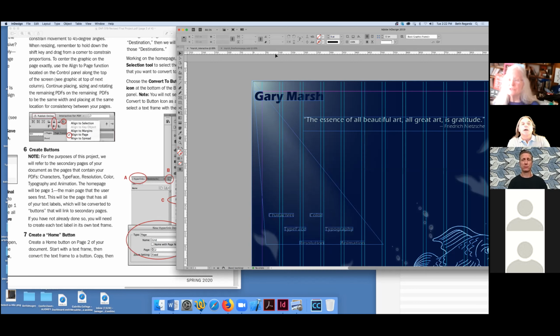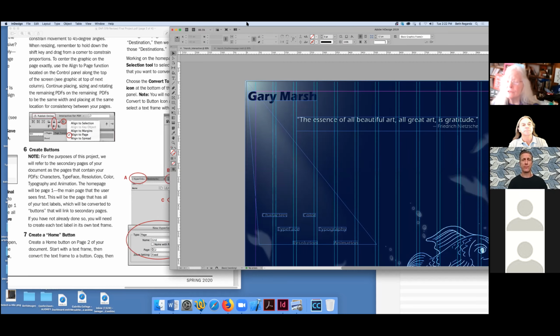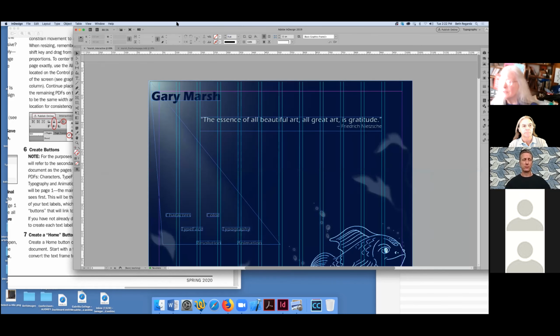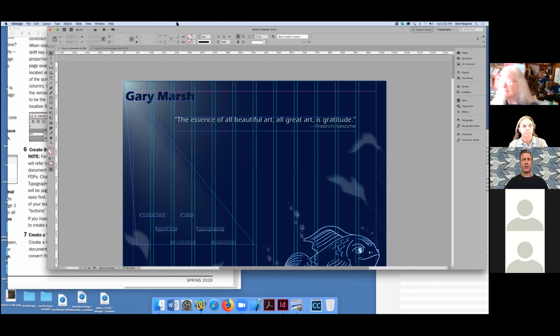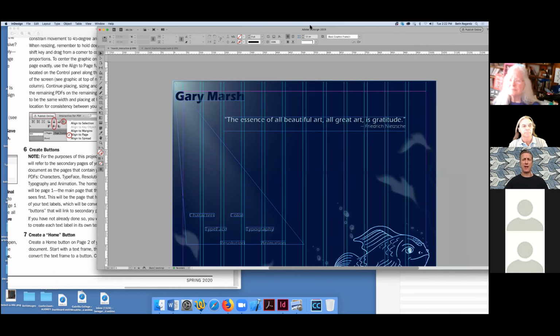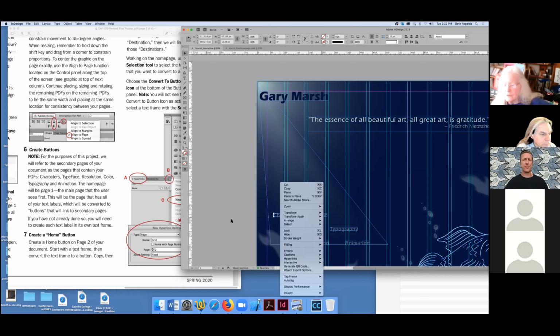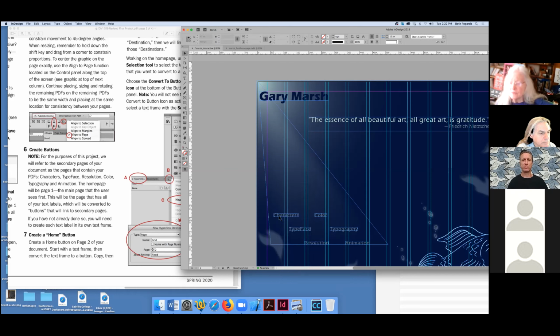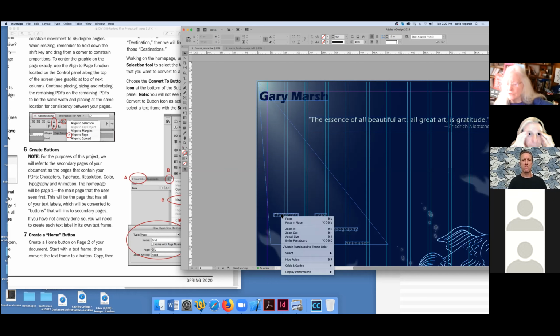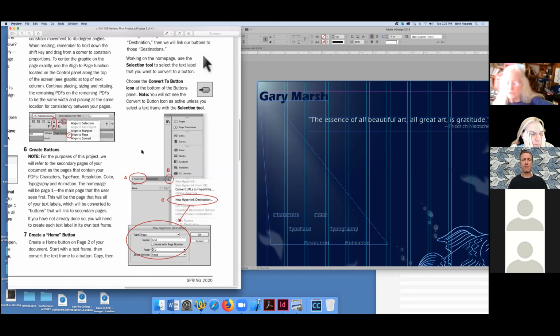So this isn't saved as an interactive file yet, is it? This one should be, this is the file I exported your interactive PDF from. It looks like it's interactive. It could be. I know the PDF version was for sure. But in this version of CC, right-clicking on the labels doesn't give you those different opportunities. No, it's the latest version that'll do it. That's why, and some of you may have the latest version. If you don't have the latest version, this would be